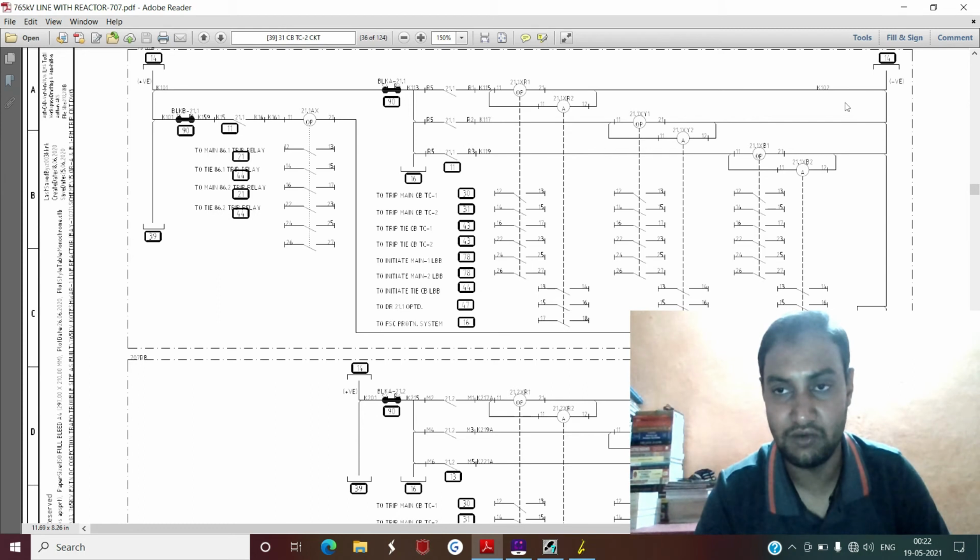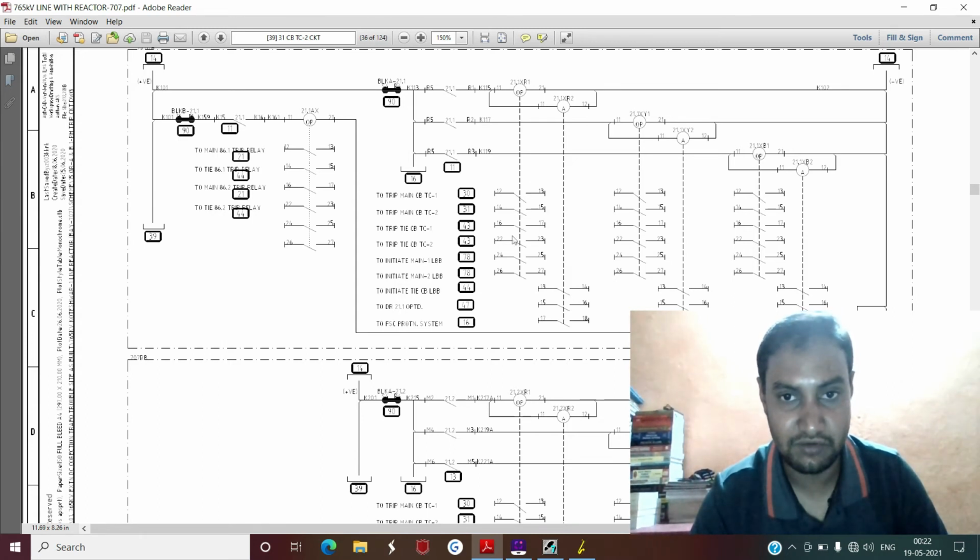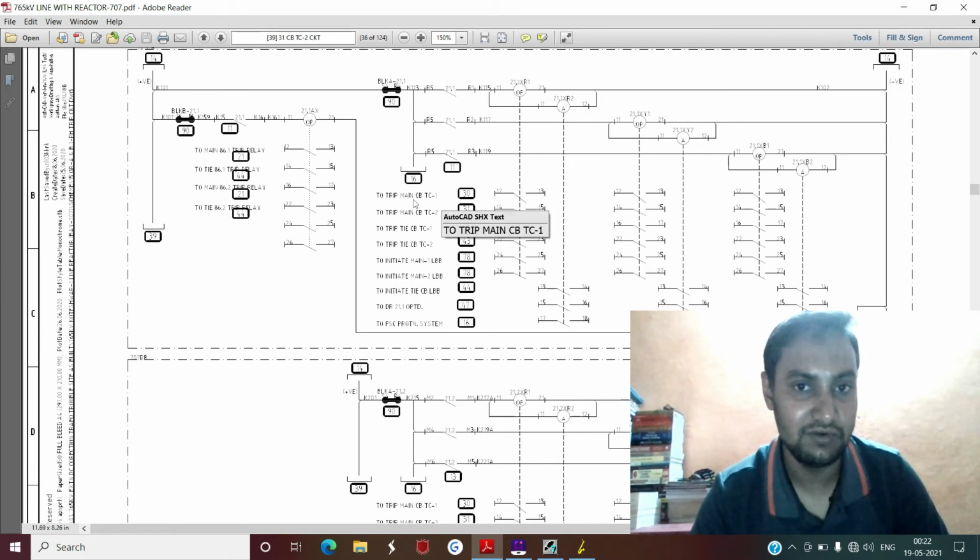The other end of the operating coil is already fed with the permanent negative, so this operating coil picks up. The operating coil of the second relay also picks up. Once the operating coil picks up, all these NO contacts make, and once these contacts are made, this will give the tripping command to main CB TC1, main CB TC2, tie CB TC1, tie CB TC2.